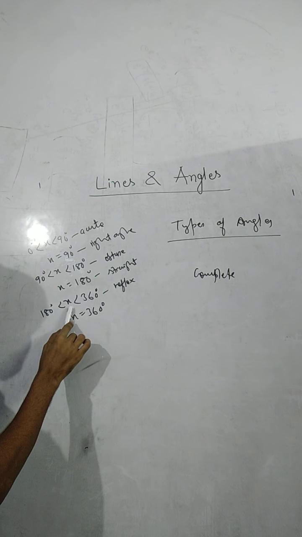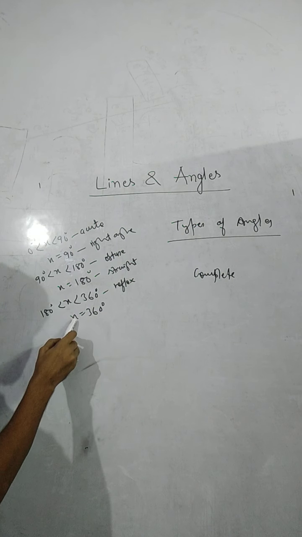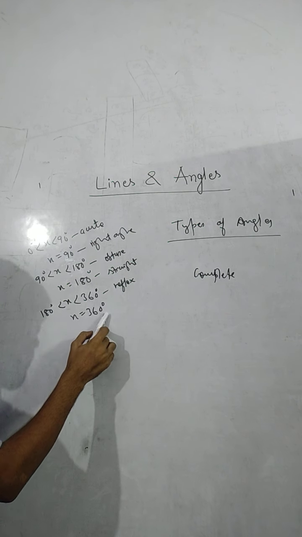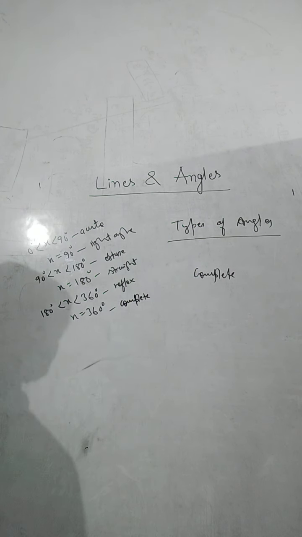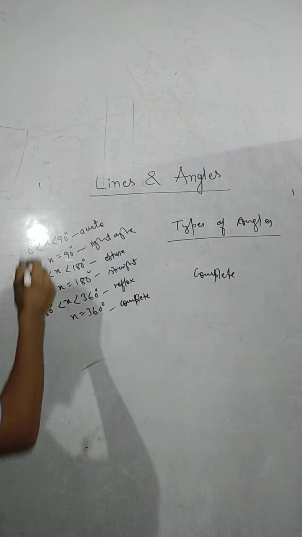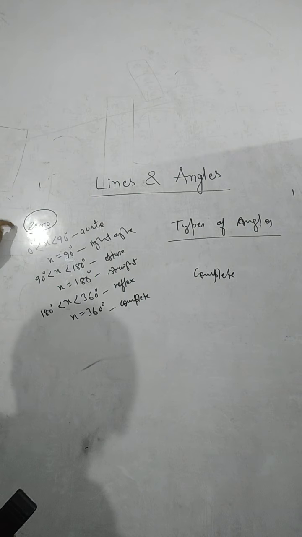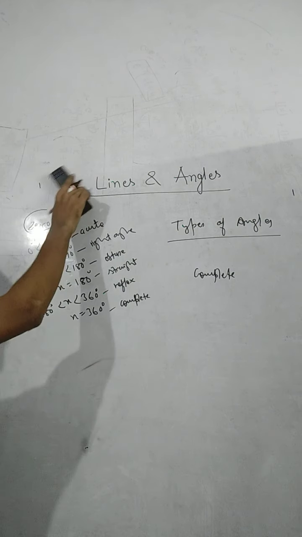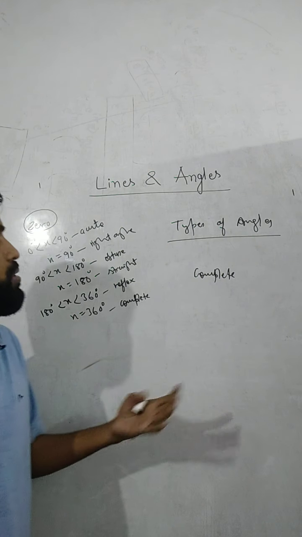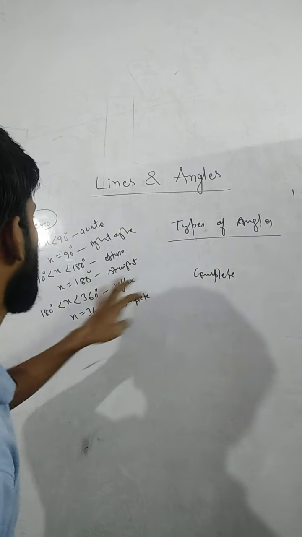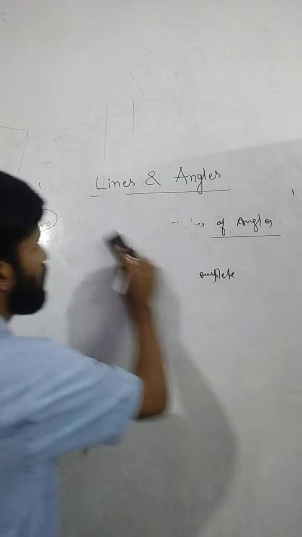And when the measure of any angle is greater than 180 degree but less than 360 degree, this is a reflex angle. And when the measure of any angle is exactly equal to 360 degree, this is known as a complete angle, okay? And there is another one, an angle of 0. I will discuss it when I talk about parallel lines. Now this is not the end. There are some more types of angles. This was based on measures of angle, and now the other ones,